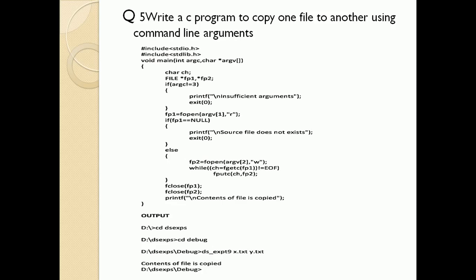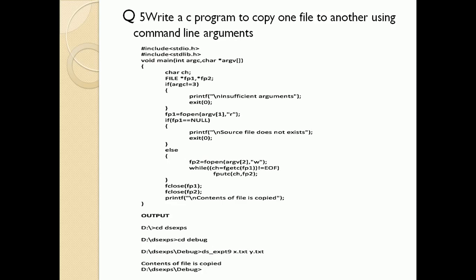The command line parameters appear at the C prompt, and hence the name command line parameters. So in the main function we pass the arguments, that is int argc and char *argv. When using command line arguments, always check that an argument exists by using argc before attempting to access the arguments. A common mistake is that we forget to include the name of the program as invoked in the command line arguments.